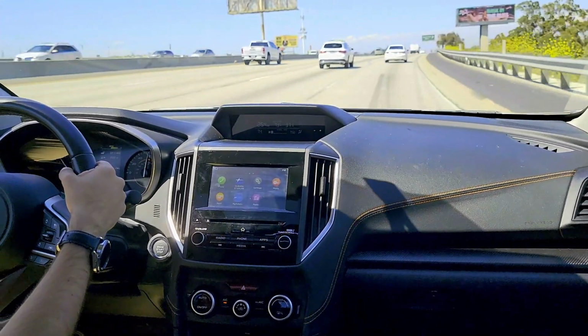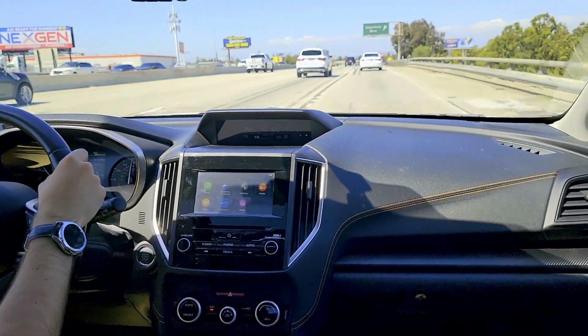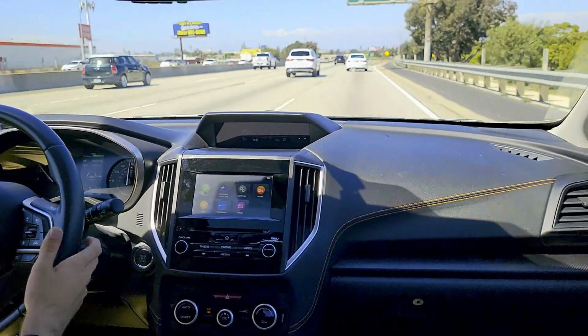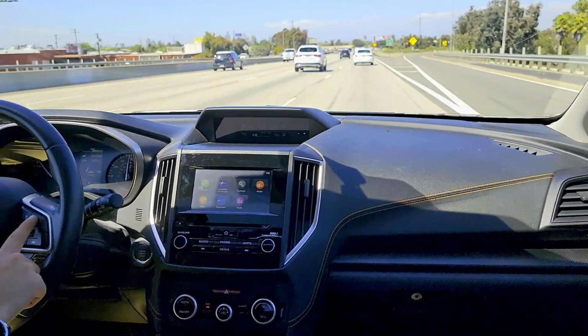So I'm sitting over here in the right lane. And it's not my exit. I'm going to take my usual exit, the one I always take in my videos. You see, it is doing lane assist, kind of, not really, not doing the best job at it. But let's go ahead and set